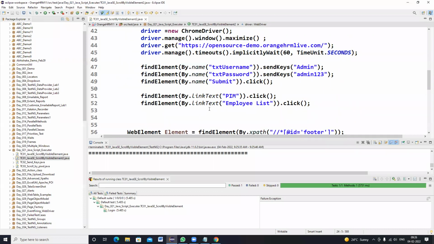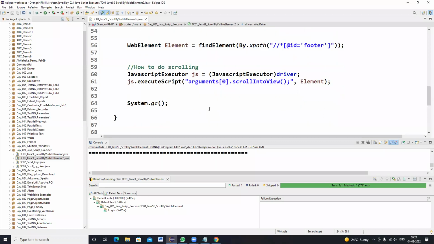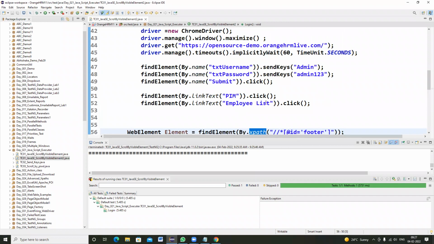Visible text means whatever is visible on that particular screen, you can go ahead and take that information as one of the locators, right? Now, by using JavaScript executor, we are also doing scroll into view. Now we are creating an object reference for the web element. That is element, and you are taking the XPath of a particular web element.